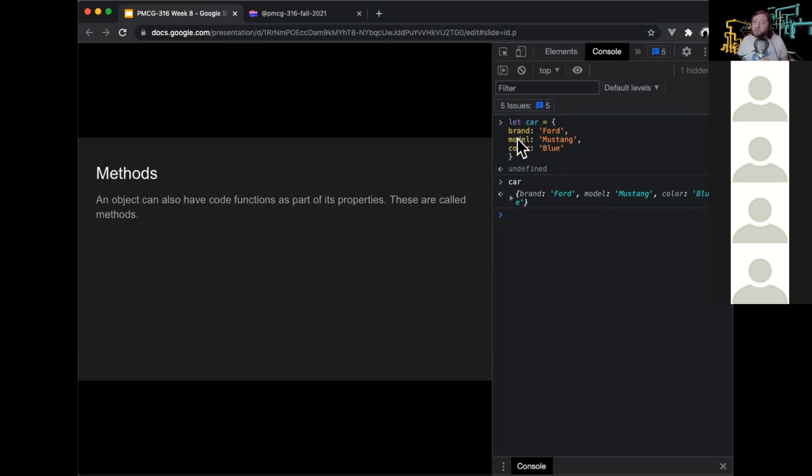So brand is a property, model is a property, color is a property. Right now they're all just strings: Ford, Mustang, blue. But if I added a function to this object, that would be called a method for this object. So if I take my blue Ford Mustang,